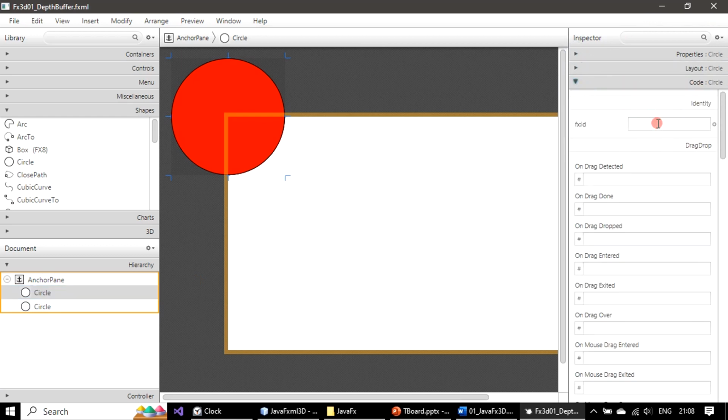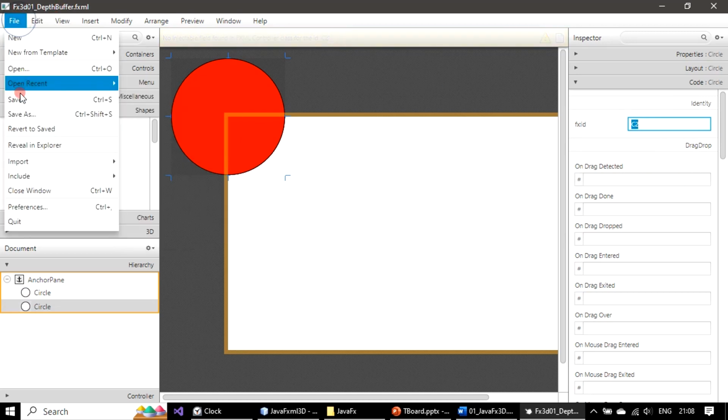So the Fx ID I am giving here is C1 for the first circle. This is the first circle we placed, and that one will be in blue color. Hitting the enter button to accept the name C1, then clicking the second circle and naming that as C2. No other change required here. We will just save the content,